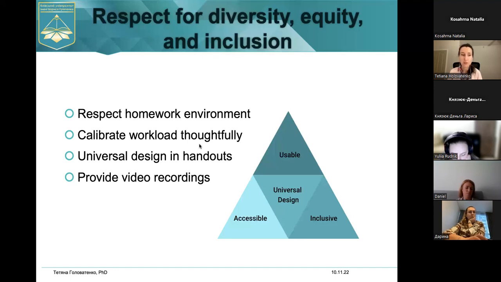But of course, at the same time, talking about these things is important, but you should care about yourself as well. I do know that you have a very heavy workload. You also don't have electricity all day long, and you might have poor internet connection. So discuss that with your students, communicate your expectations and your problems as well.